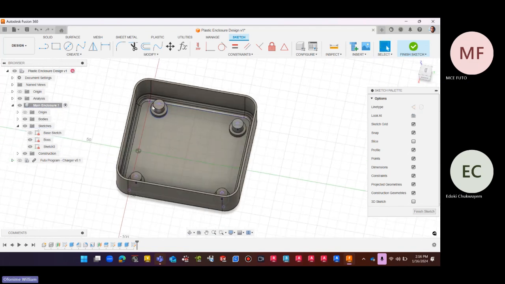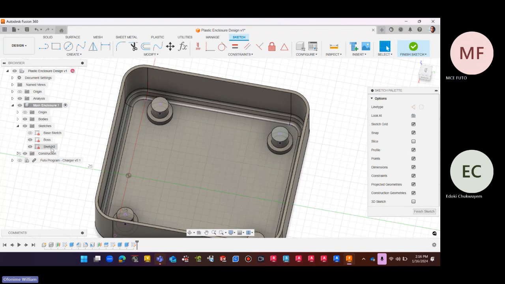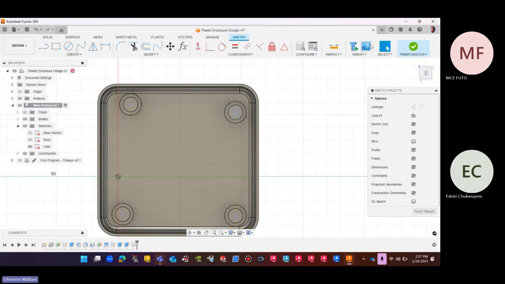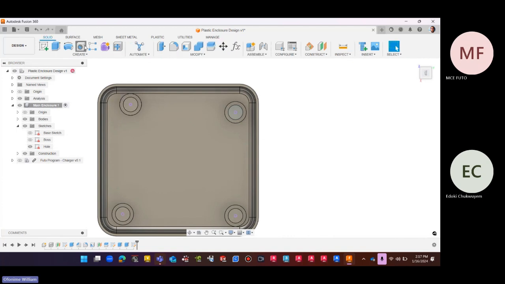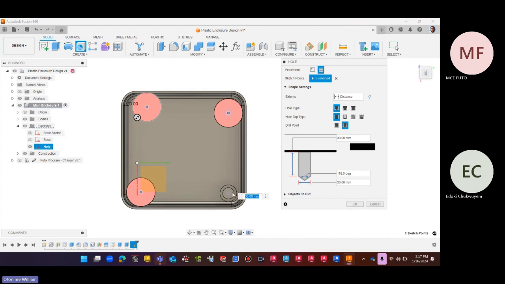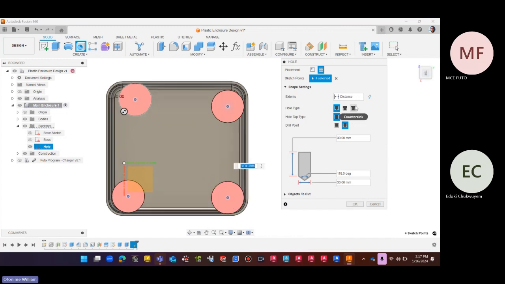You can see my sketch is on the top now and it's recorded here as well, sketch 3. So I can turn off boss, right? And this one, I could call it hole. It makes your work readable, understandable, and is a professional way to go about things, right? So I'll say HOLE. So that sketch is just basically to get me my hole. So I just come over, finish up my sketch now, go over to my hole, repeat the same thing we did before,